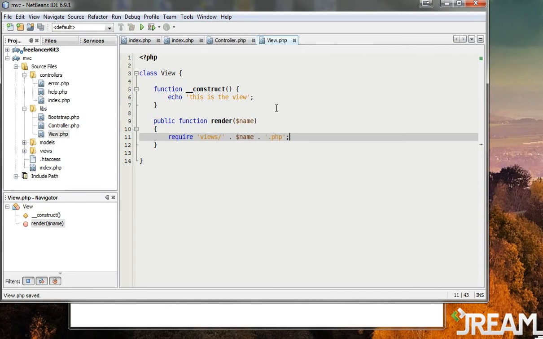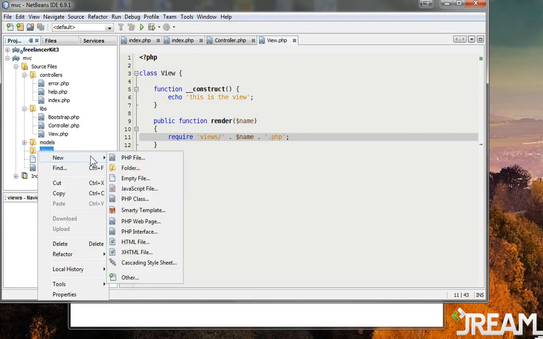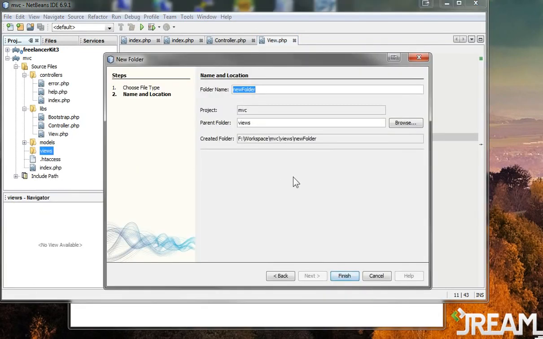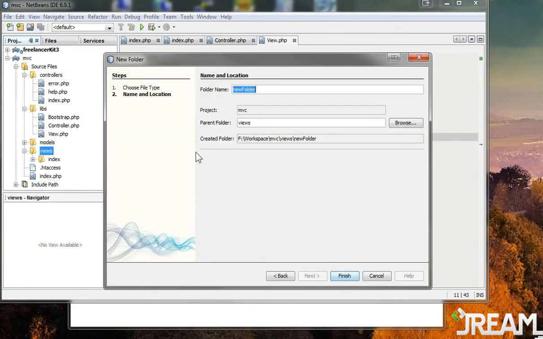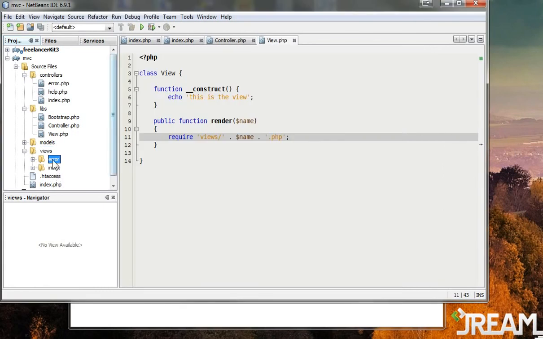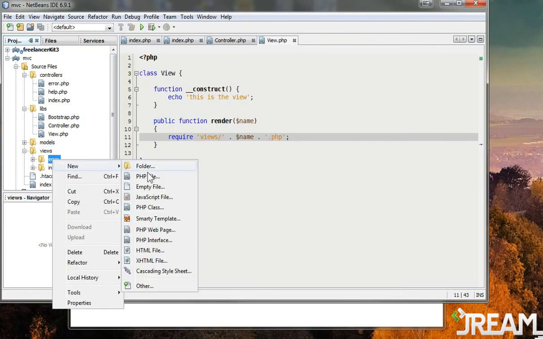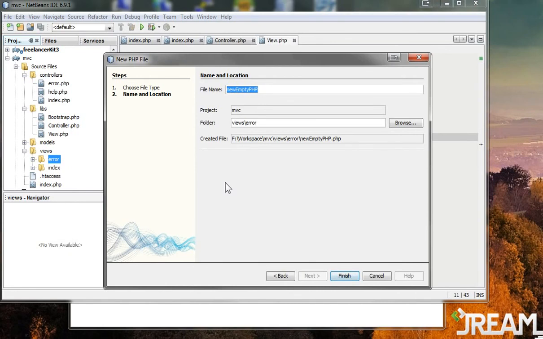Okay, and we got the views working. Now we need to make a view, so I'm going to put these in subfolders. So let's say my index page will have an index folder, my error page will have an error folder, and so on. So I'll make a new PHP file and call this index.php,